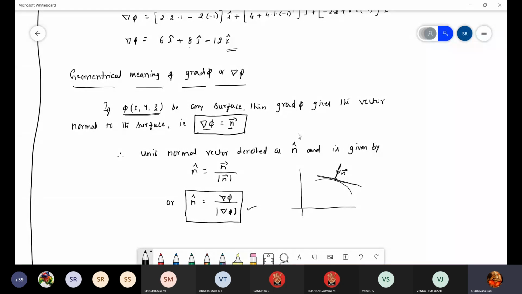So n cap. How to calculate grad phi, we solved some 3 to 4 problems, and you have to calculate the magnitude. And finally, they may ask to find the angle between two normals. For example, one more curve comes like this, then you draw one more tangent and draw the normal, and you have to calculate the angle between the two normals like this. So that is the concept. How to calculate the angle, we will recall first. Now calculating the normal vector. Take down the problem.